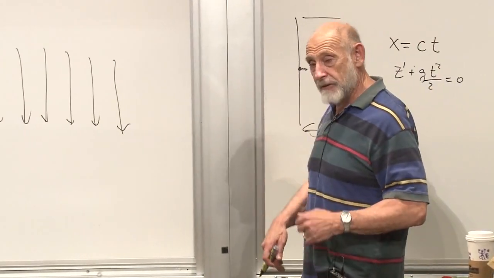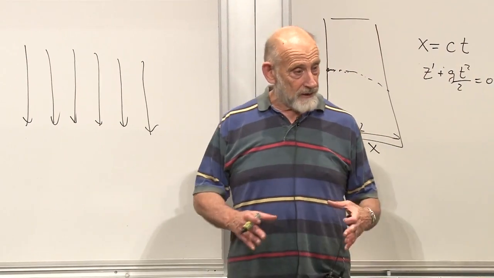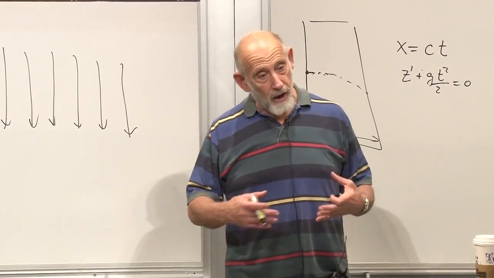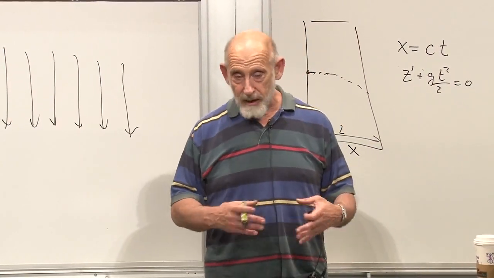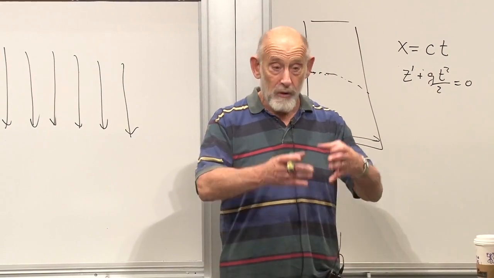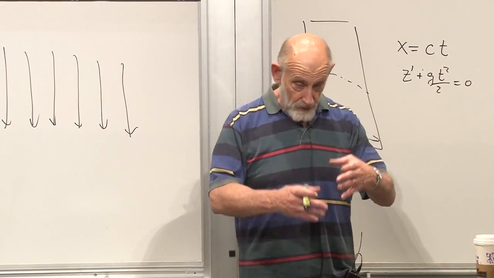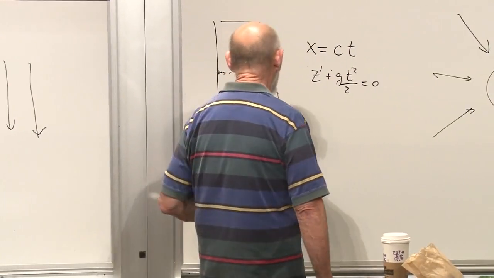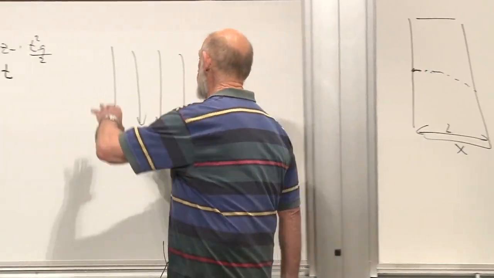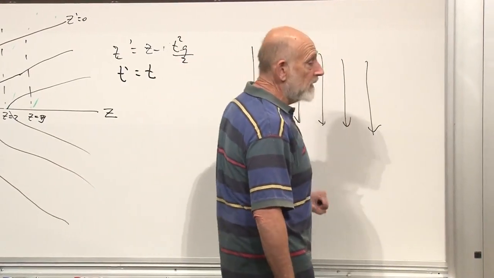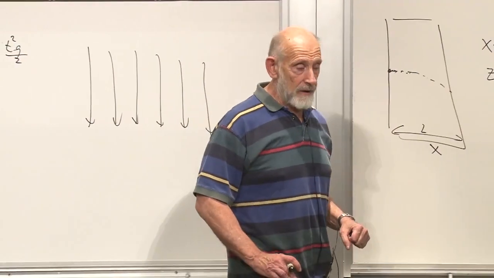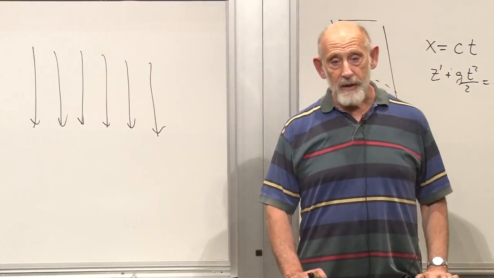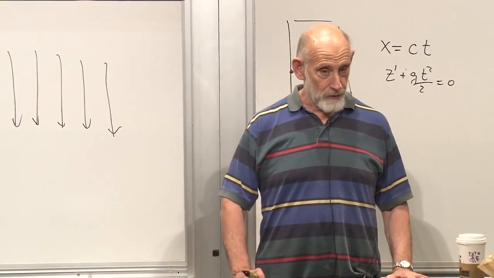If you discover that that gravitational field has no such effect on any object, no tidal force, no tendency to distort a freely falling system, a system which is in free fall, no matter where it is, drop it here, drop it here, drop it here, wherever you drop it, if it doesn't have such a tidal effect, then it's not a real gravitational field.